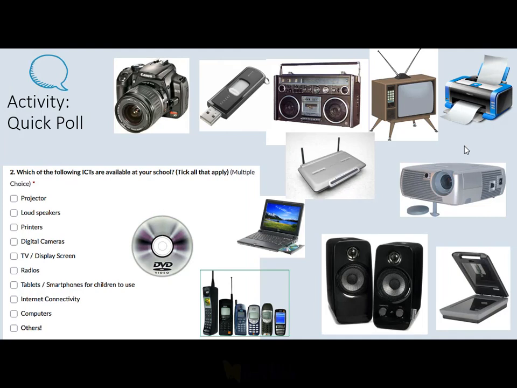And this kind of technology is very, very important, and every school should plan to have at least a phone or a camera like this. You should have a storage device, or you can store your work online, like cloud. Have a radio which can play sound. Have a TV, not particularly this type, but now a smart TV. Have your printer, have your router, have a projector or a TV which can show what children have never seen. Have laptops for every teacher,